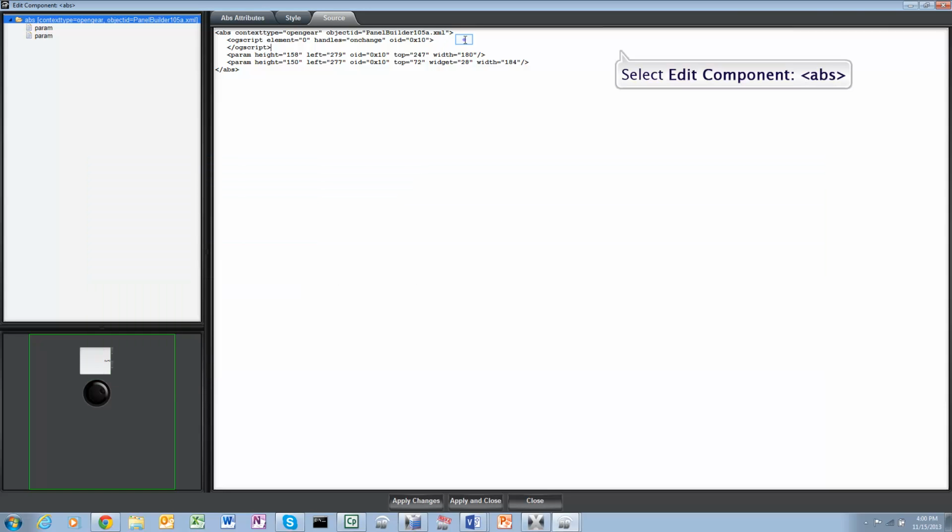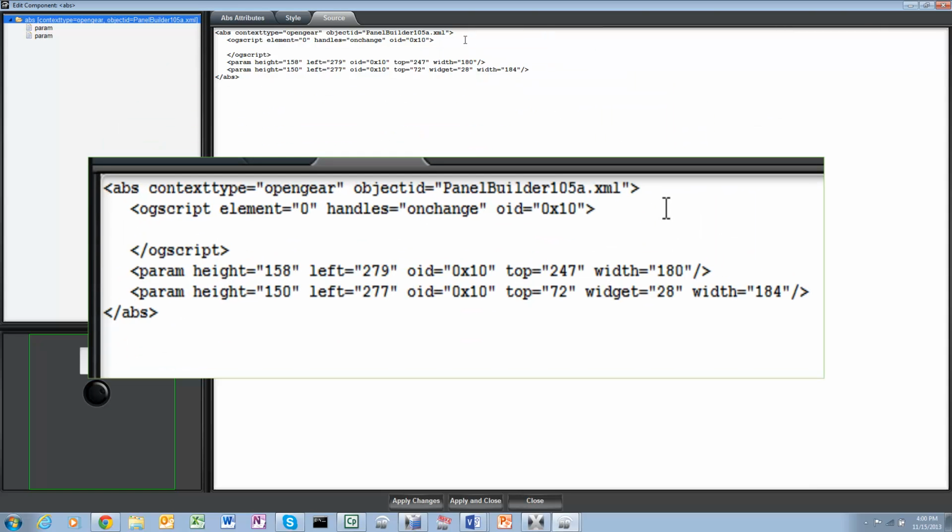and we'll write out to the debugger. OG script debug, and let's write onChange value equals, and strings concatenate with a plus operator in JavaScript and in OG script.